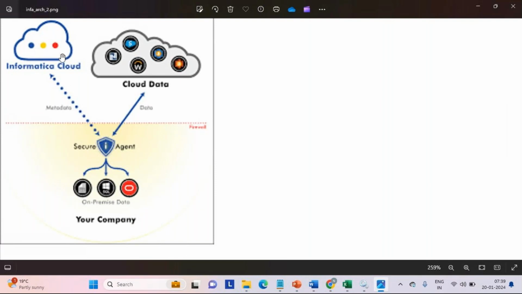Now the question, who is going to service this particular metadata or repository activities? That's where internally it uses what I call ICRS, which means Informatica Cloud Repository Service, which is going to help us perform basic metadata operations like create metadata, modify metadata, consume metadata, and monitor metadata. All these meta activities would be serviced by using Informatica Cloud Repository Service. That's it. That's what we can see, this dotted line with arrow pointing to the top,